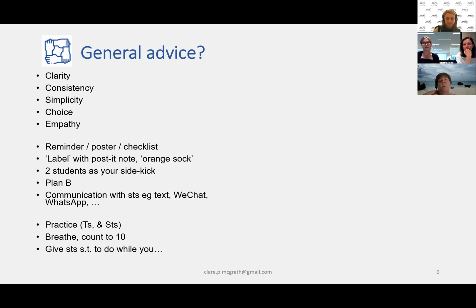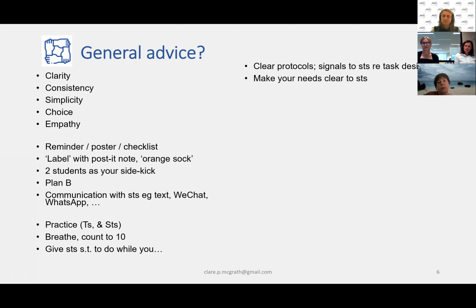The practice, hands-on, as often as possible, keep adjusting, but remember the students will also need practice. We hear about digital natives and so on, and you just think, not always true. So make sure that they have opportunities to find out about these things and to help each other, using all those other strategies we use when things go wrong, about breathing and giving them something to do while you figure it out. The protocols you have with them, things about webcams, muting and unmuting,